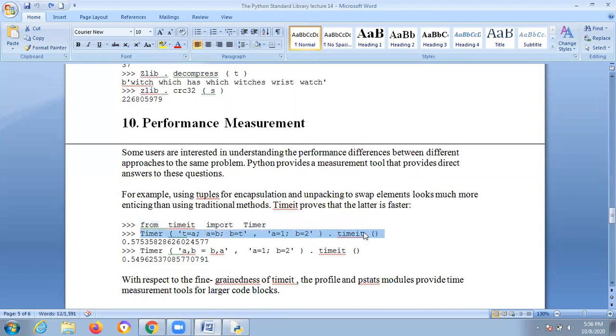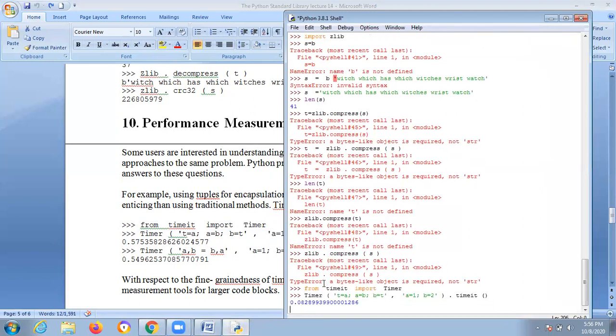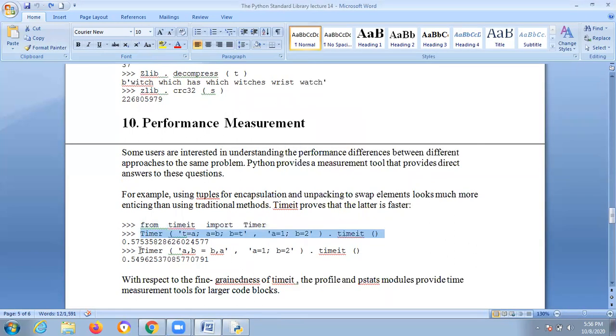This is the concept of the standard library. If the library supports everything, then the entire thing will be displayed properly. Okay, this is working fine. Whatever errors you are getting, don't worry. Sometimes some operating systems may support it, some may not. Anyway, you need to know the syntax and concept. That's it.